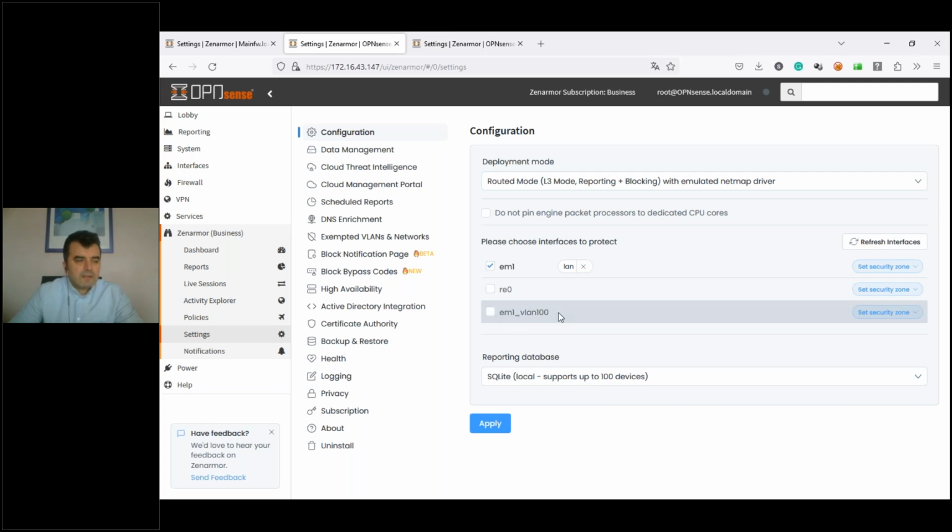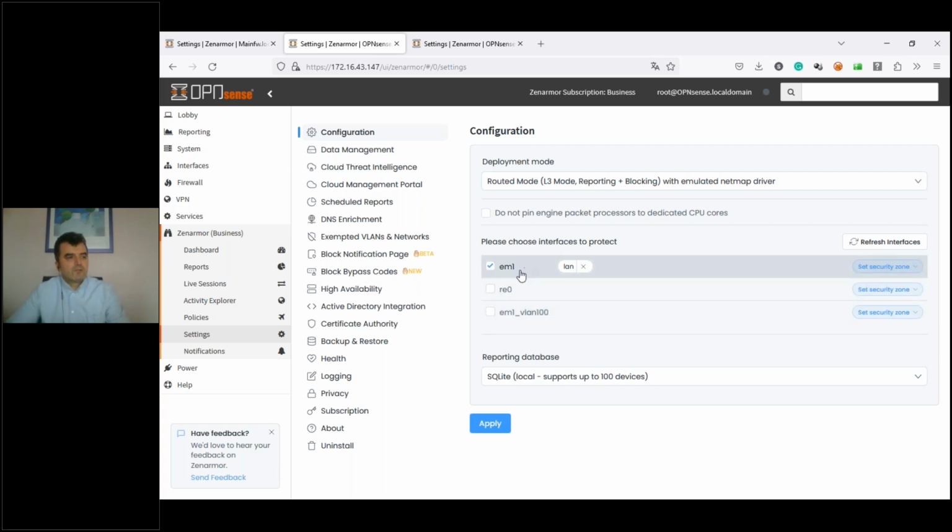But we don't advise to protect both interfaces because the traffic will be inspected twice, both from the parent interface and from the virtual interface. So it's enough to protect the parent interface in this case.